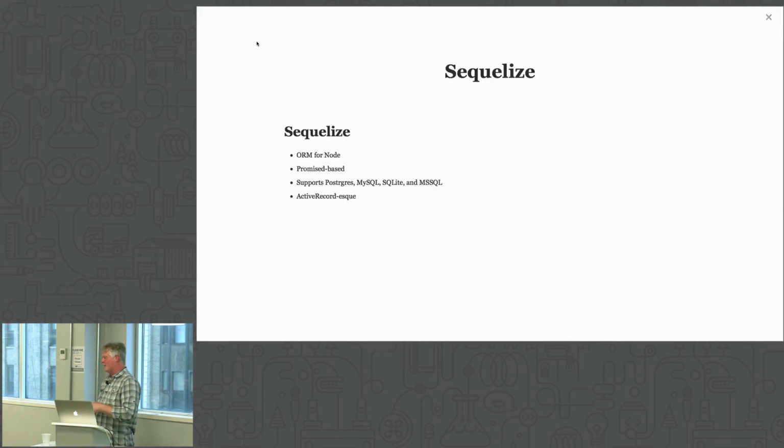Sequelize is really cool if you want to do node-based active record type stuff, which is really, really nice. It's really pretty performant. They've got a great Slack channel and that sort of thing. That's another thing about Hapi. There's a great IRC channel and a great